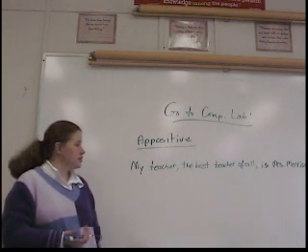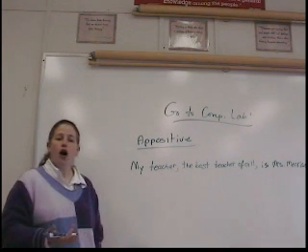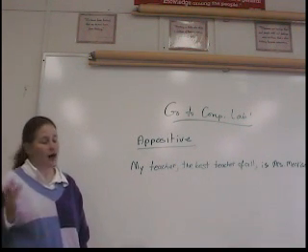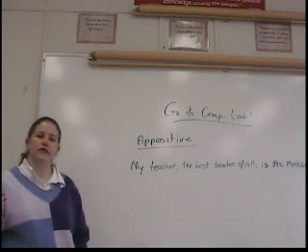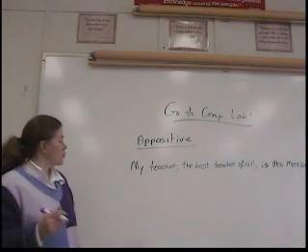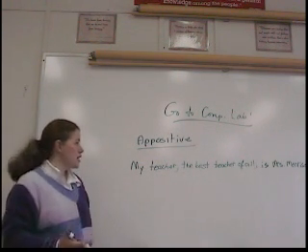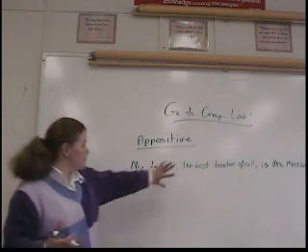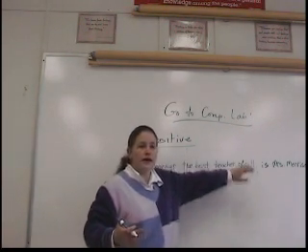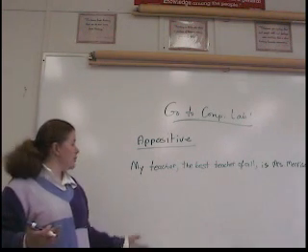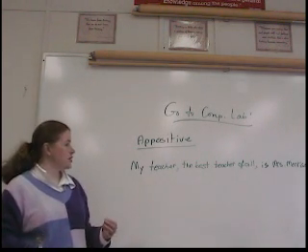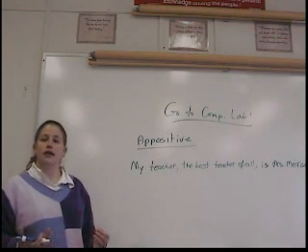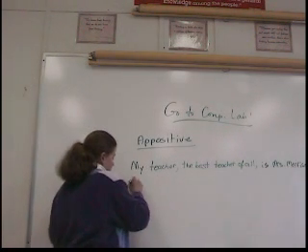So an appositive is almost always, not always, but almost always set off by commas. It doesn't have to be if it's a single word. It renames something else in the sentence, and the sentence makes perfect sense without it. "My teacher is Mrs. Morrison." But it sounds much better if it's "My teacher, the best teacher of all, is Mrs. Morrison." So it's renaming something else in the sentence, and in Latin, an appositive